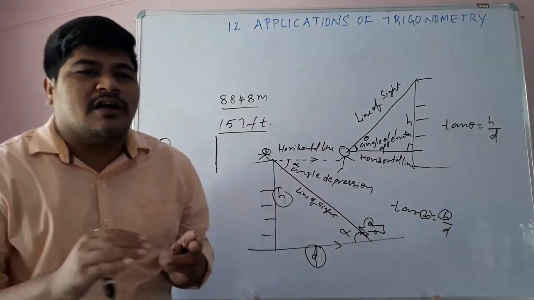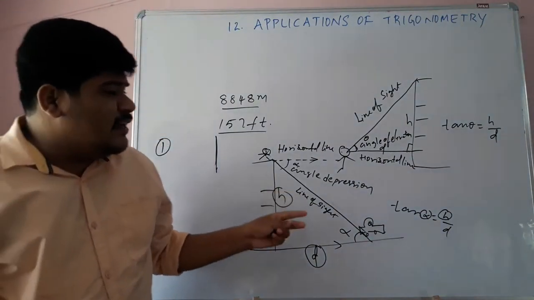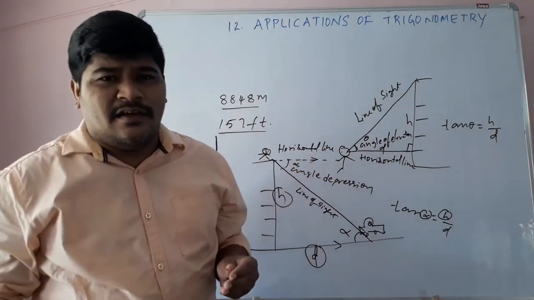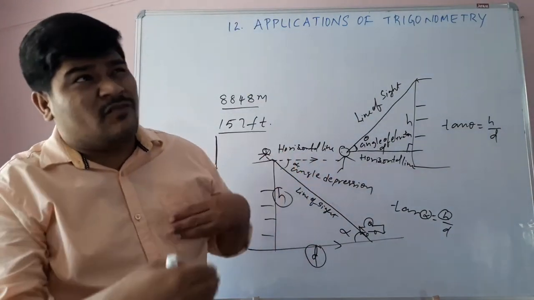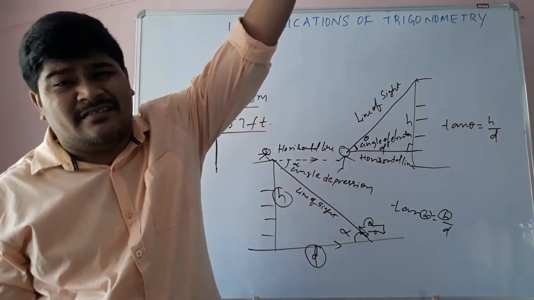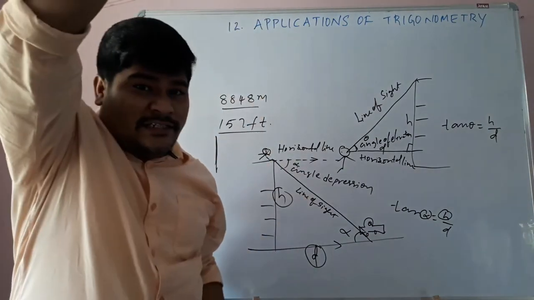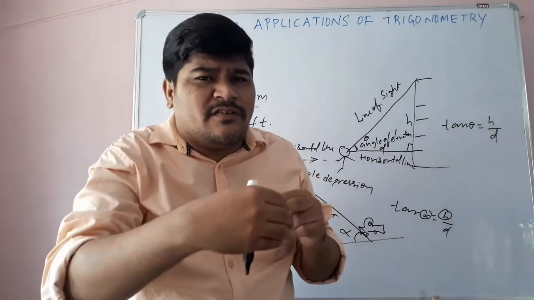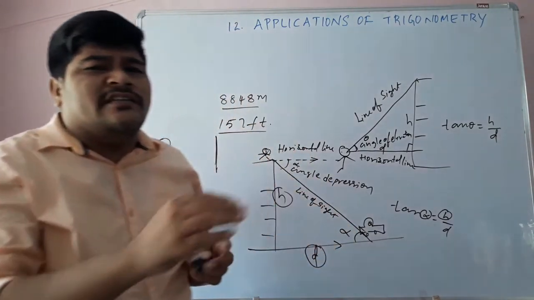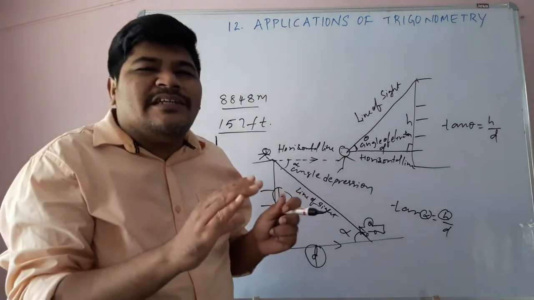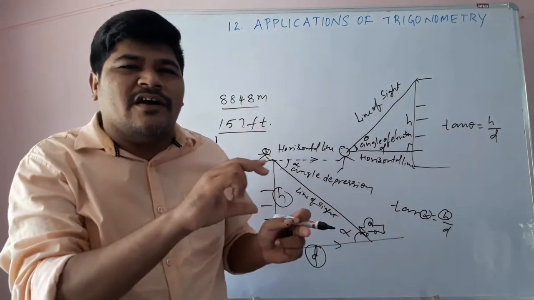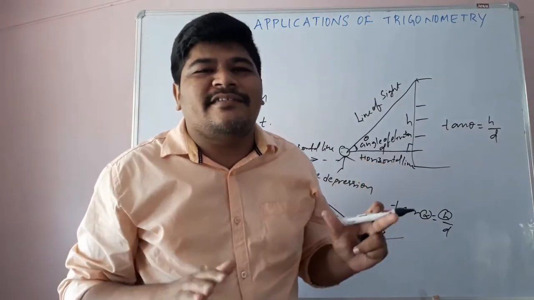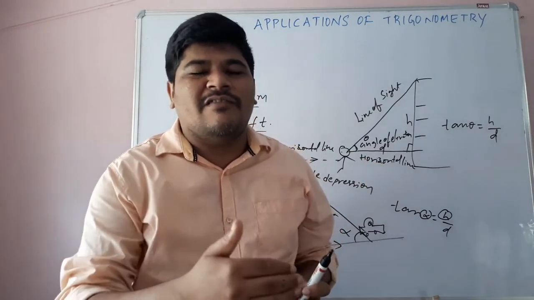And the third point to draw the diagram: students, see here, comparing to the apartment height, or suppose a flight is moving in the sky, comparing to that height, our height is negligible, right? So the height of the observer will be negligible. So we won't consider it. Suppose they do not mention the height of the observer, then we will neglect it. So these three points we will use for solving problems.